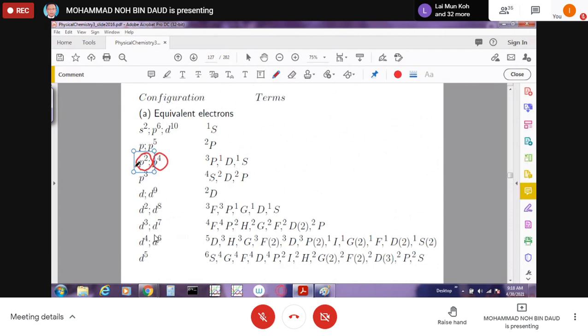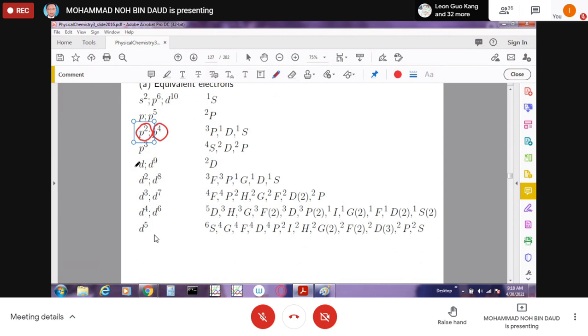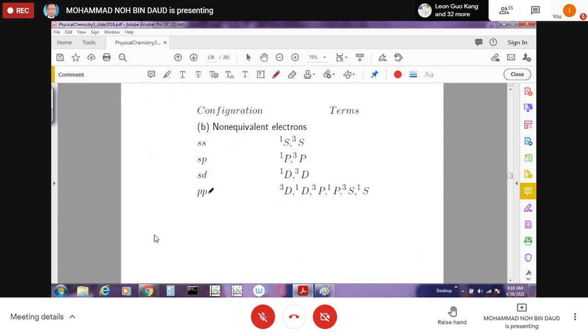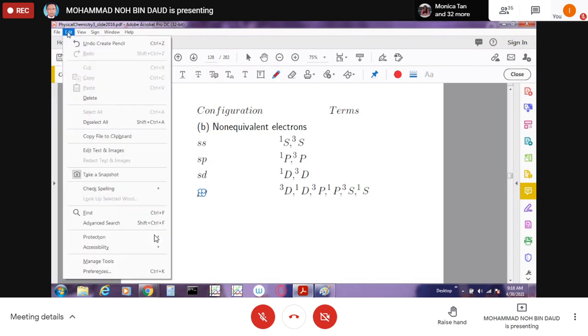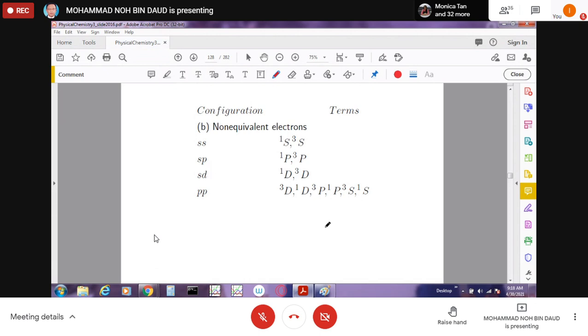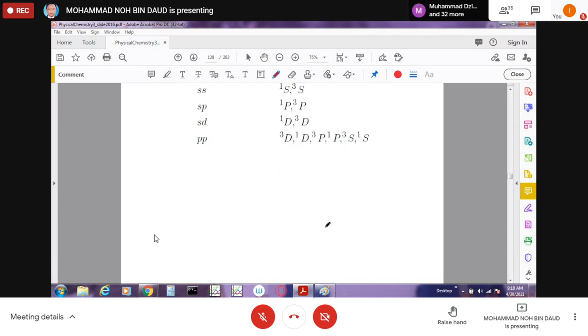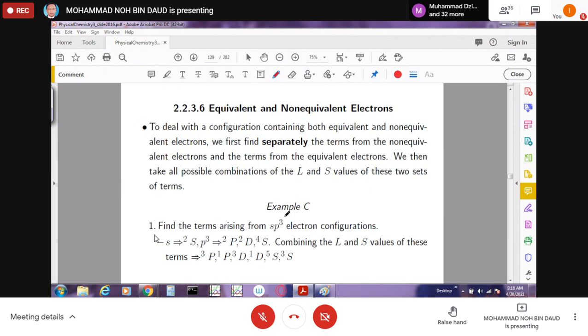Then all equivalent electrons, and non-equivalent electrons like this one, pp, sd. If you have a mixture of equivalent electrons, 3 equivalent electrons, plus non-equivalent electrons in S